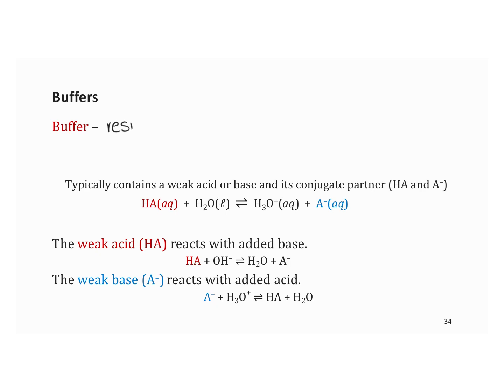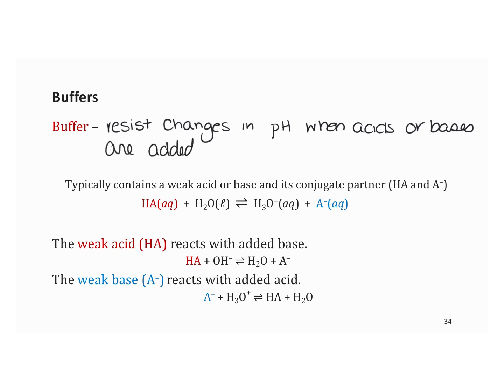So these guys resist changes in pH when acids or bases are added, okay? So basically what happens is a buffer will have a weak acid in its conjugate base,